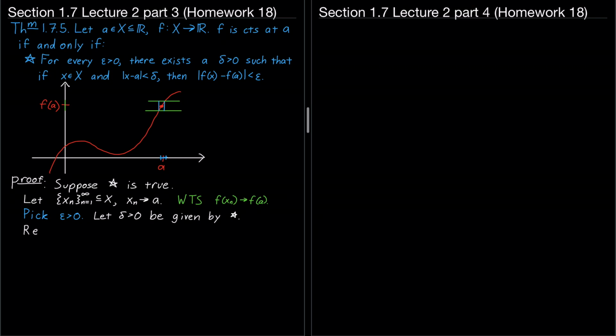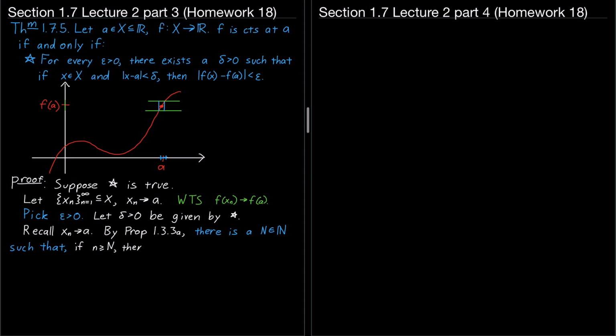So we recall that xn converges to a, and then by proposition 1.3.3a, there is a natural number big N such that if our little n is greater than big N,